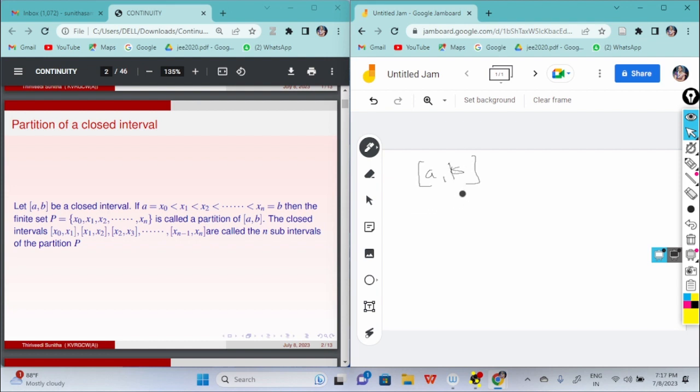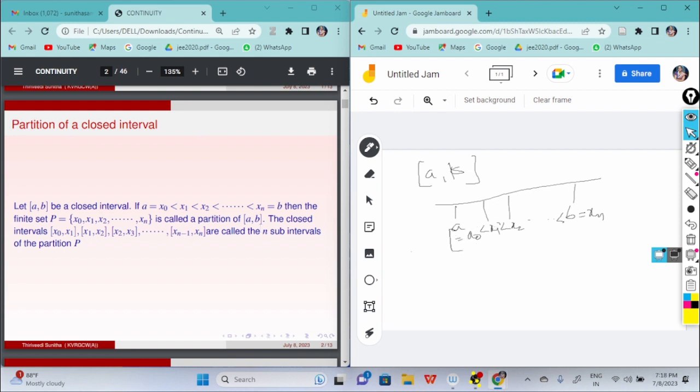If a is equal to x0, which is less than x1, less than x2, and so on, less than xn, which is equal to b, then the finite set P equal to {x0, x1, x2, ..., xn} is called a partition of [a, b]. The closed intervals